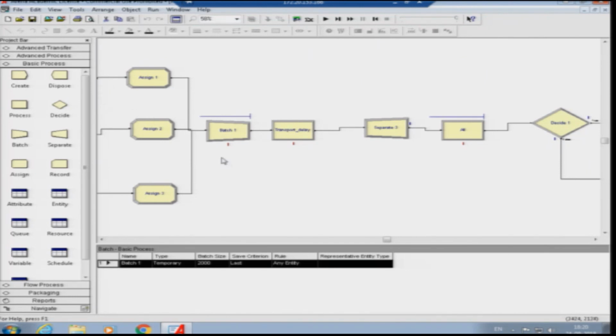We have used very simple models here so that you can work them out on your own system by installing the student version of the Arena simulation software, because the licensed versions are not available everywhere, and thus you cannot get hands-on experience with the licensed version. So we made these models very simple, and I also recommend that when you study these videos, you install the student version of Arena on your system and develop those models along with the videos and run them, so that you can get a good idea about how these nodes can be used.